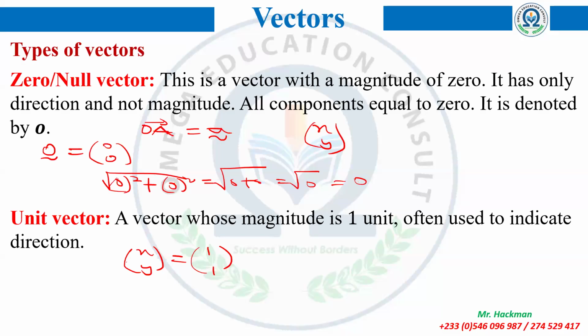Indeed, the vector that we stated there has a magnitude of 0. Now let's go and look at what you just said, that the entries will be 1, 1. So the magnitude of this vector will be 1 squared, which is the x component, squared, plus 1 squared. In effect, this will give us root of 1 squared, which is 1, plus 1 squared, which is 1, which will give us root of 2. Obviously we know root of 2 is not 1. So it means we can't take this as